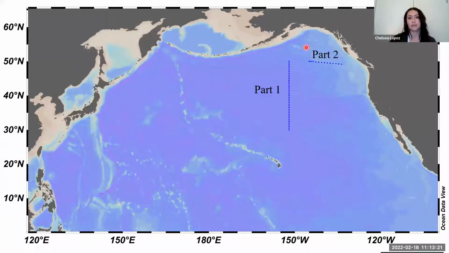So here are the sections for the two parts. I'm focusing in the North Pacific. For part one, I'll be talking about this meridional section here, and a transect that we have bottle data from and some sensor data that'll show you to explain some of the exports that's going on because of fronts that pass through here.